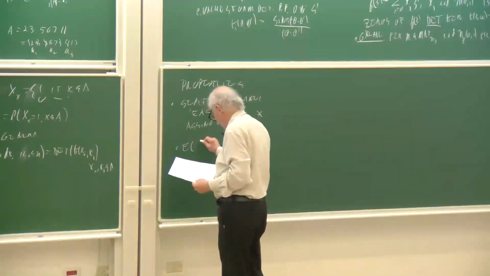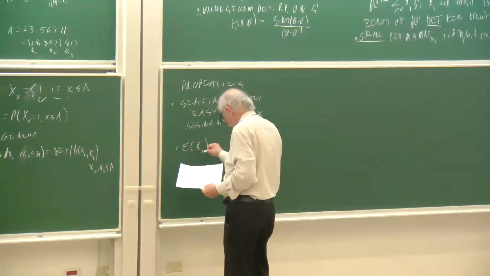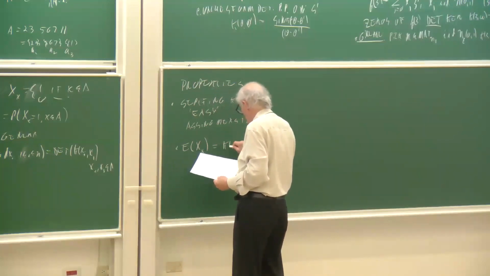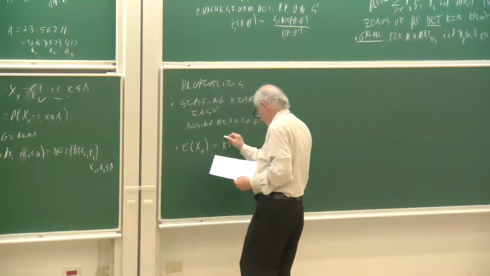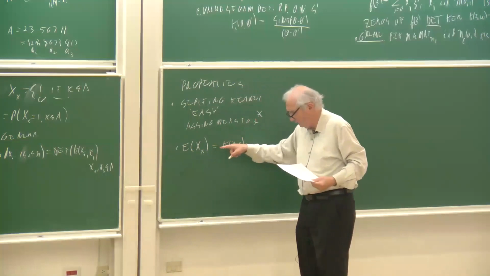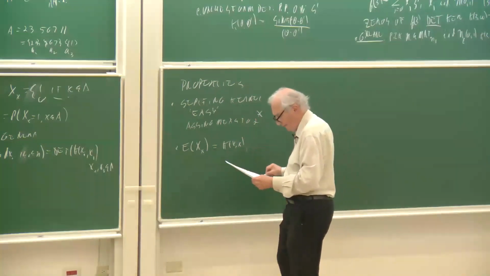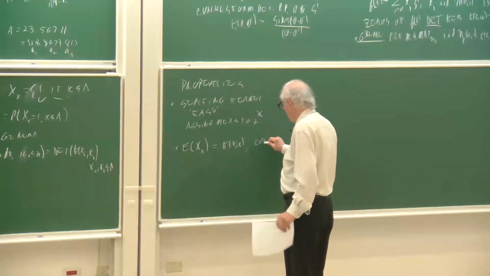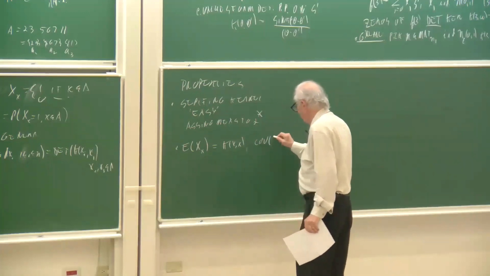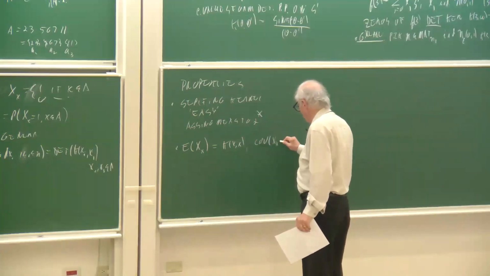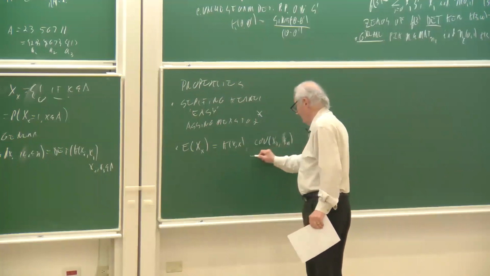The expected value, the chance that there's a point, is k of xx. So the kernel tells you how likely it is that there's a point. The covariance of x and y, the correlation of x and y, is equal to,